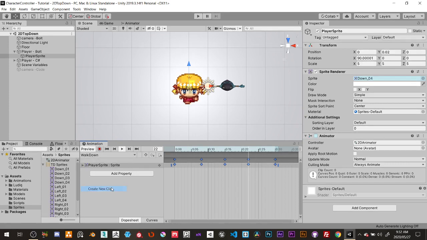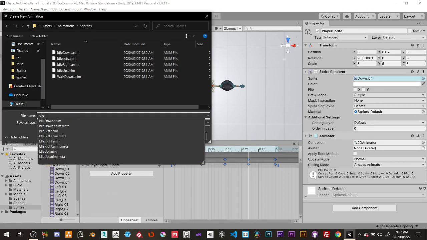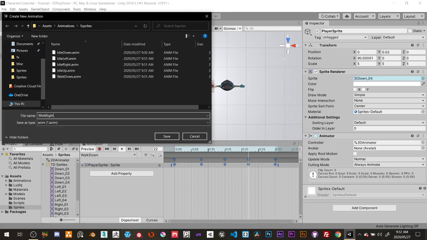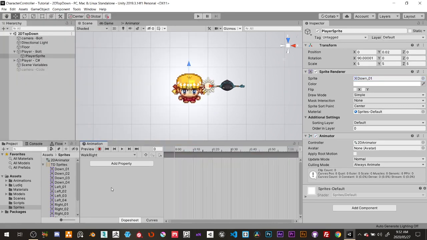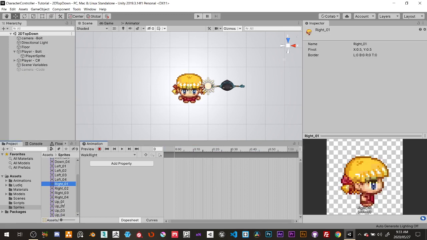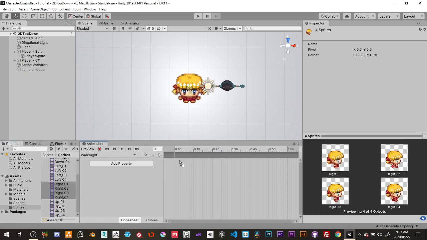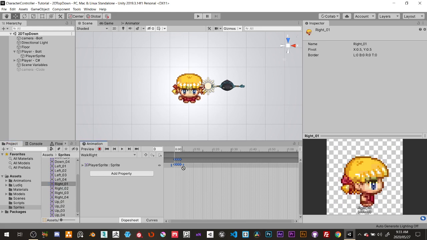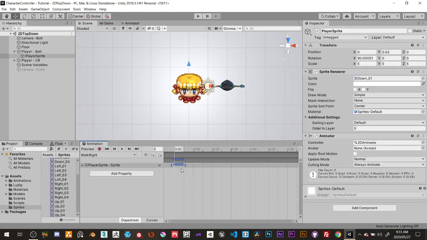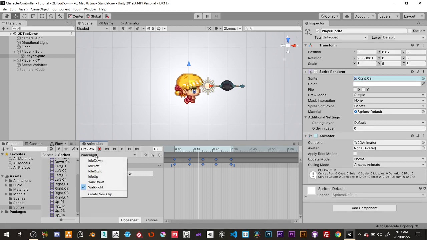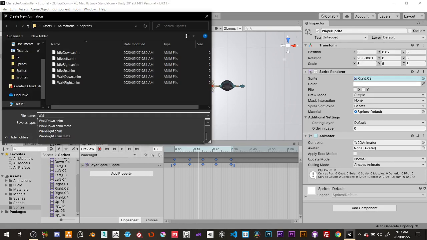So I'm going to go and create a new one called walk right. It was left before, but now we're doing right. So let's grab the right animations, drag them into the timeline, grab the first one, drag it into the end, select all of them, and let's make them 30 frames long, and let's just play it and test it. Okay, so that one is done. Let's create the next one. We're going to go walk left,